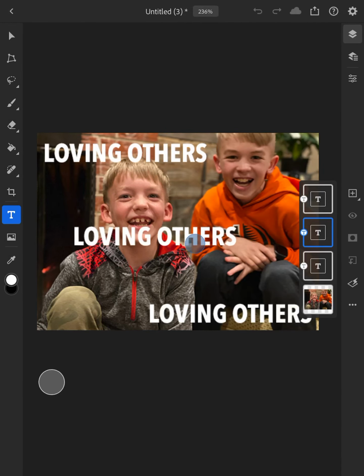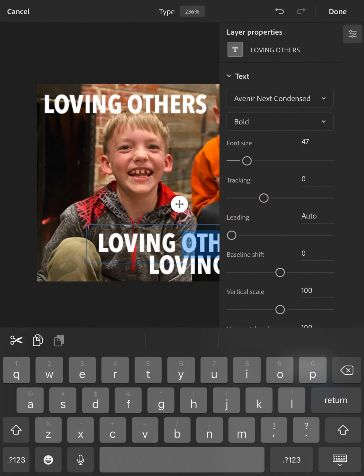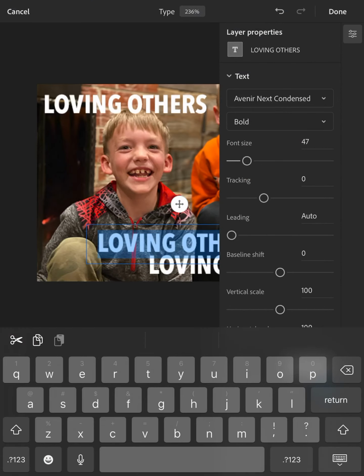I'm on that second one and I should have 3 layers. They are going to each be on their own thing. They all say the same thing right now. This first one says loving others, but so do the others. But I want to edit the second one, and I want to say, let me look at my notes here. Begins with small moments. Okay, so I'm going to say begins